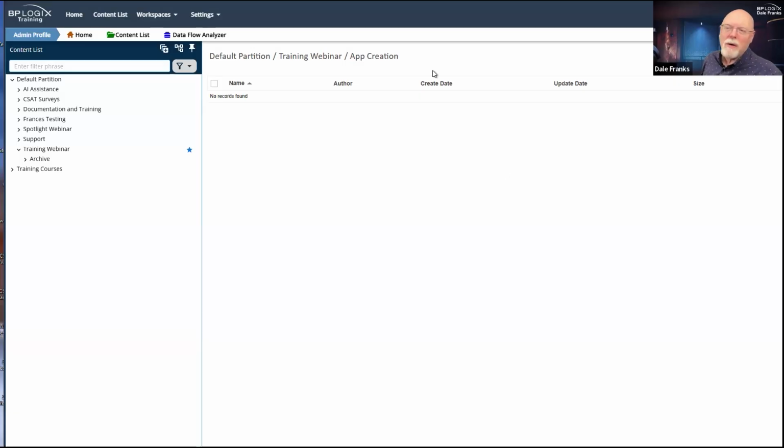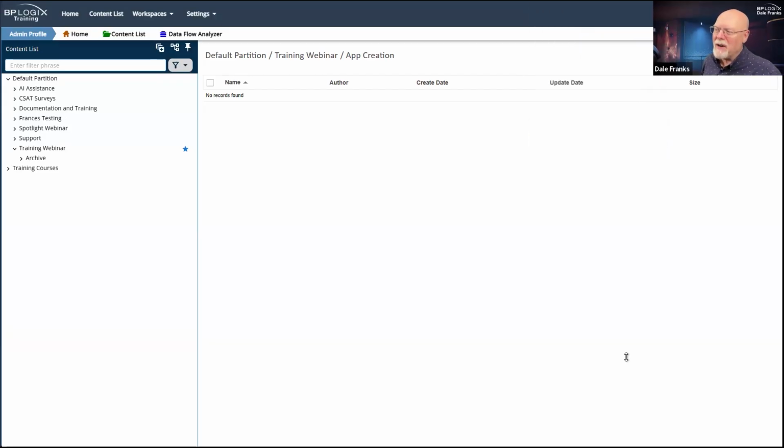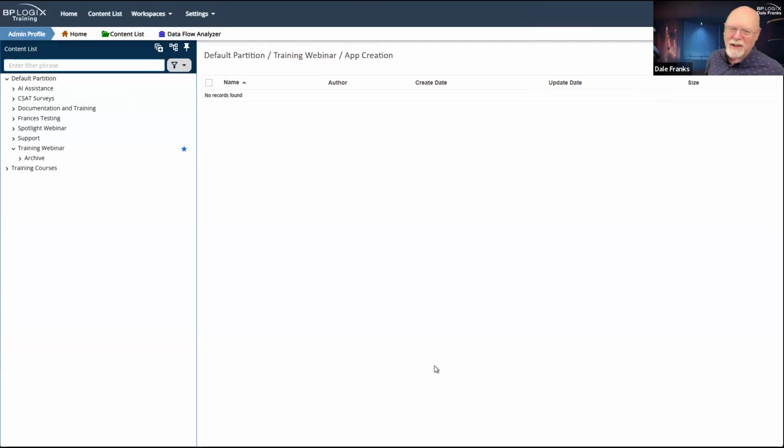So we are starting from here, and it looks like I am a little bit off on my screen position there. Let's get it back so we can see our whole screen. And I'm still a little bit off. I'm going to have to change this just slightly. I'm adjusting my screen borders in Zoom so that we can try to get a full 1920 by 1080 picture of what it is that we're doing. So forgive me for having to do this little administrative task here. But in any event, we're going to start off with a blank folder.